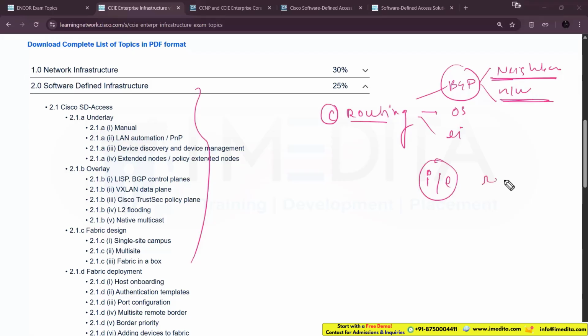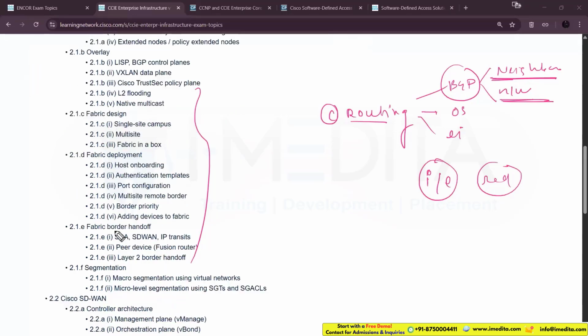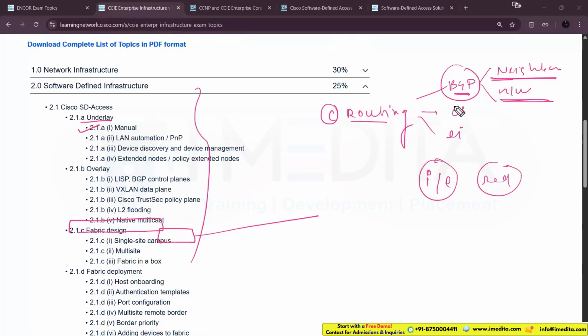What is this thing called redistribution? Why are these things required? Because later on there will come a topic called handoff, and here we will use the Border Gateway Protocol. There will come a topic called manual underlay. There you can use protocols such as OSPF, EIGRP to make the reachability in your underlying infrastructure. So you will have to have some knowledge,